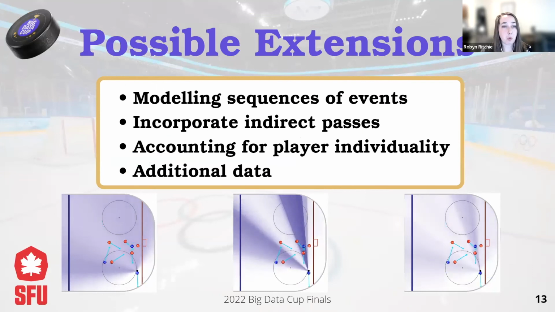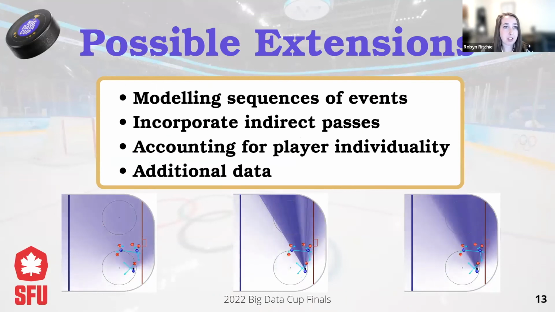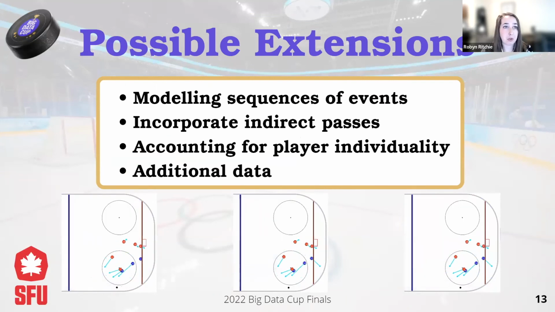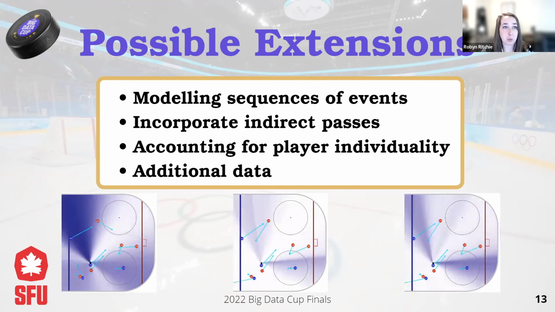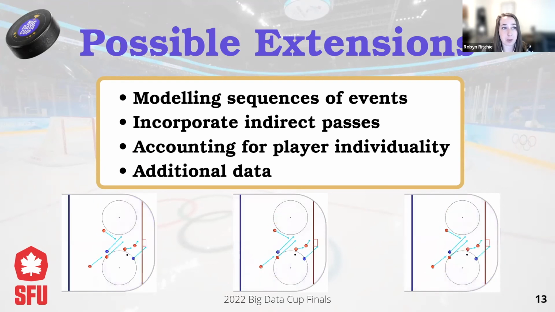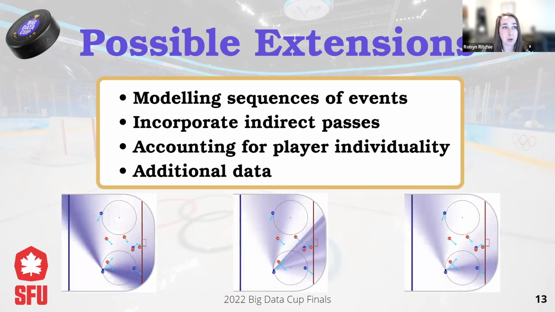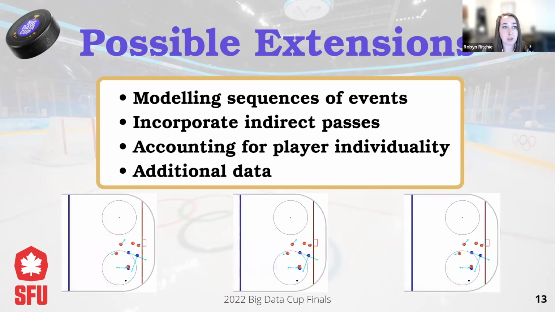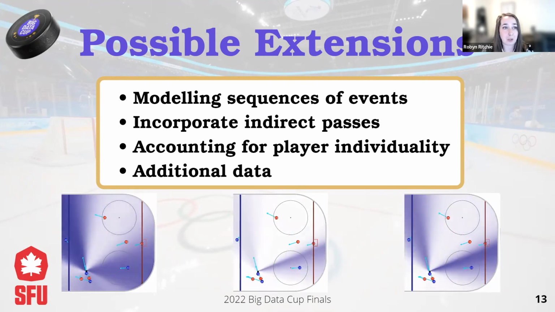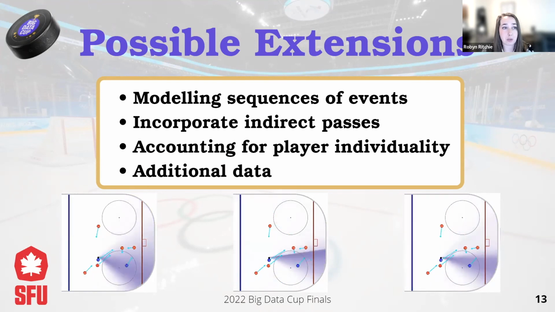There are a number of ways that this work can be expanded upon. Some of the most logical next steps include considering indirect passes and extending this to a multi-pass model, the latter of which would indicate what the best first pass is to maximize the long-term probability of scoring. Additional extensions is the consideration of player individuality. This would be done by including different player heights, reaches, and scoring tendencies, something that is no small feat without